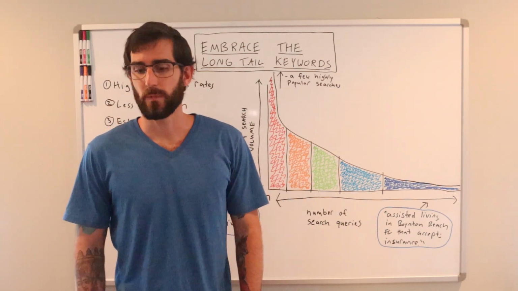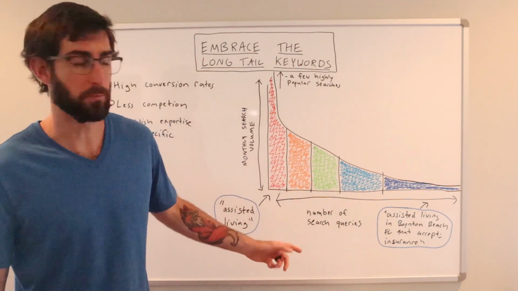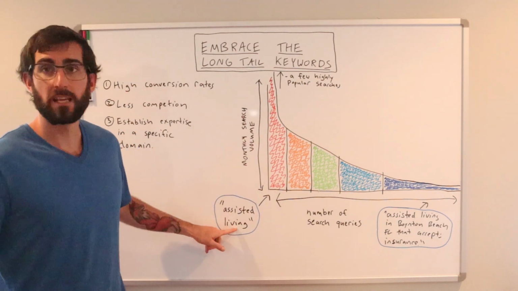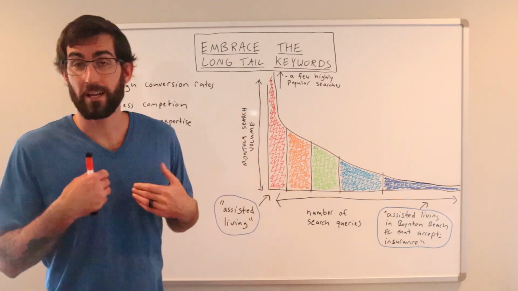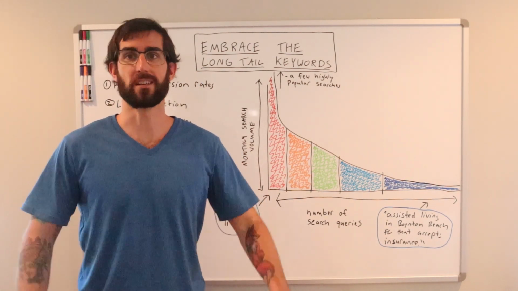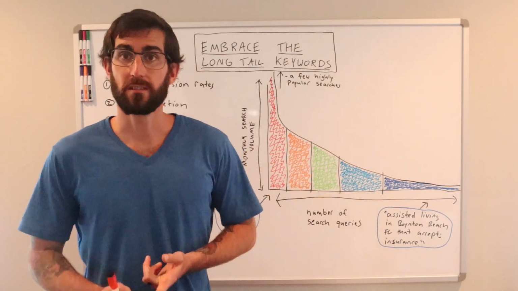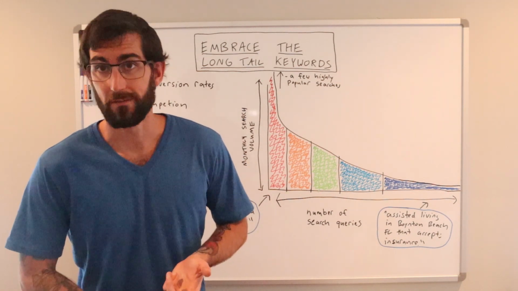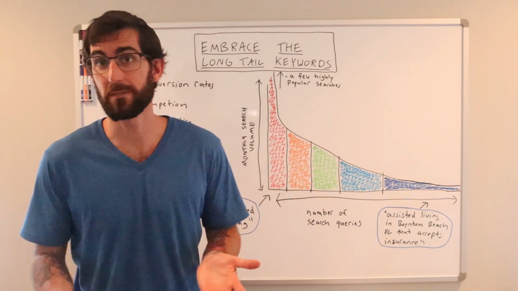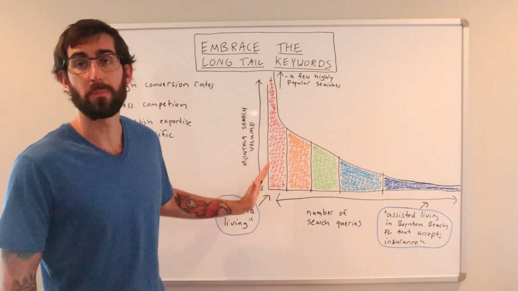And since we are talking in regards to the healthcare industry, I used a healthcare example. So on the broad side, on the quote short tail side, this is the keyword assisted living. For regular people like you and I, it's going to be impossible to rank for such a broad keyword as assisted living. Somebody searching that could be looking for assisted living facilities. They could be looking for a definition of assisted living. They could potentially be looking for information for a research paper on the benefits of assisted living. Who knows? So this is a few highly popular searches.